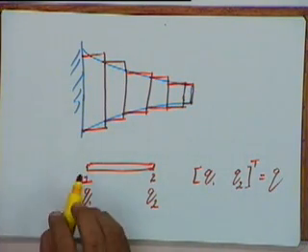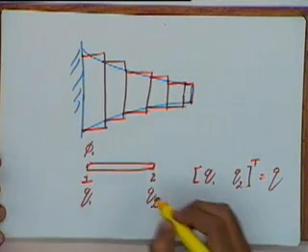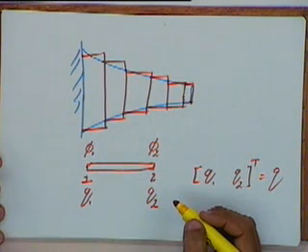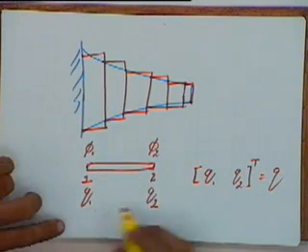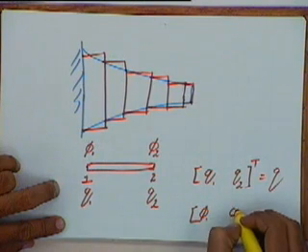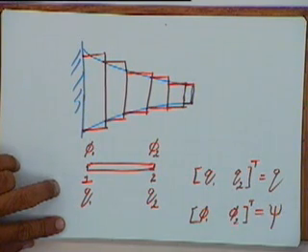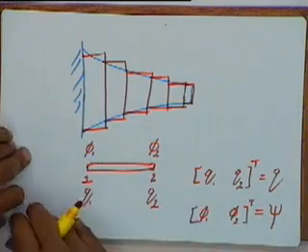Okay. Now in this Galerkin's approach we are giving it a virtual displacement. So if we give this a virtual displacement, let us say the virtual displacement at this end is phi 1 and the virtual displacement at this end is phi 2. Okay, and we will make a virtual displacement vector just like this, which will be phi 1 phi 2 transpose, and we will call that, let us say, the matrix psi.